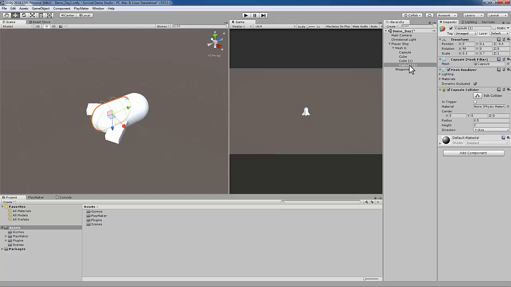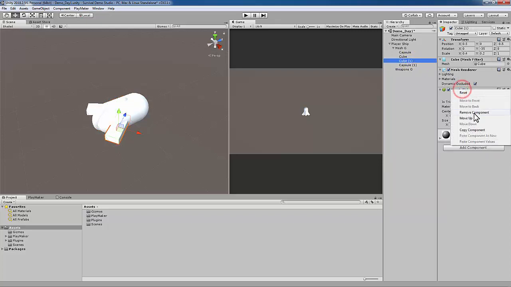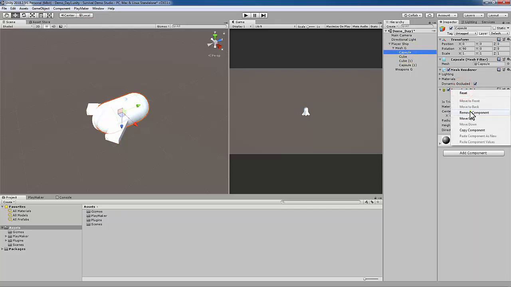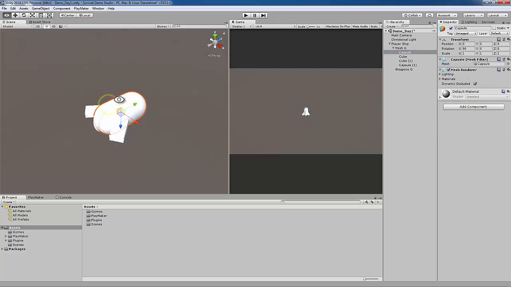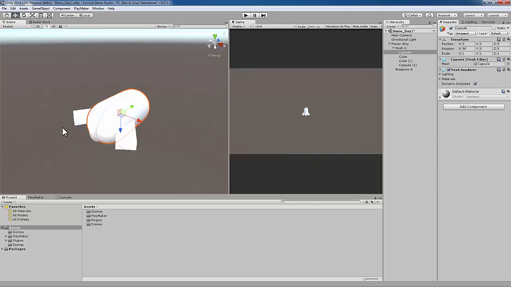And that's what I'm going to do in this case. So I'm going to take each of these objects and remove their component collider by right-clicking on their box collider or their capsule collider or whatever, and just removing the component. Now they're just a mesh renderer of a shape,